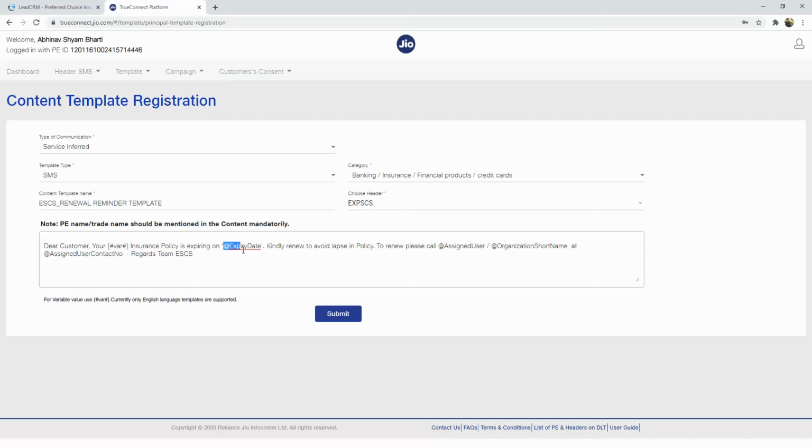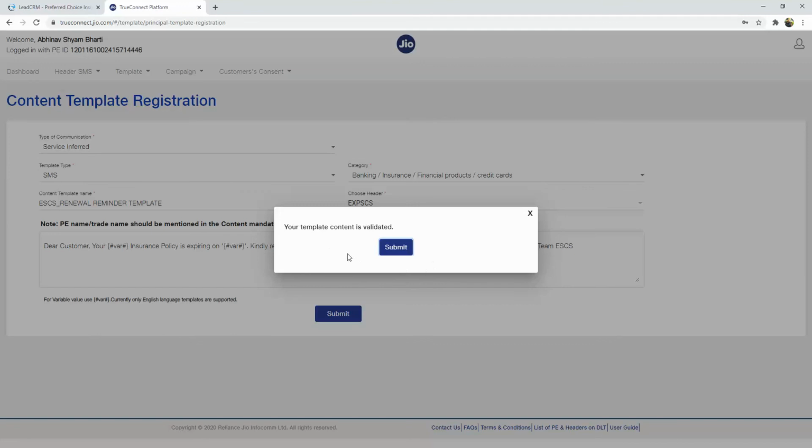Over here, then expiry date, we'll select and replace it with the variable. The assigned user, we'll replace it. So all the parameters that are there inside your template, which are going to be dynamically replaced with actual values, you need to replace those parameters with this particular text inside your template.